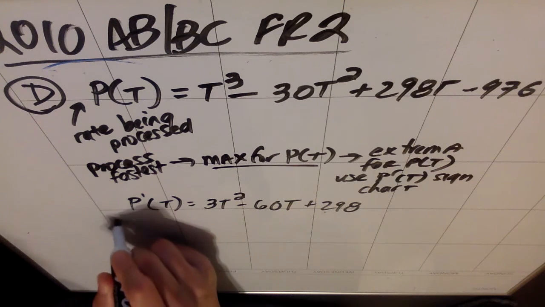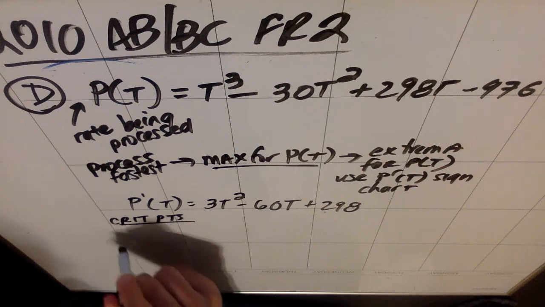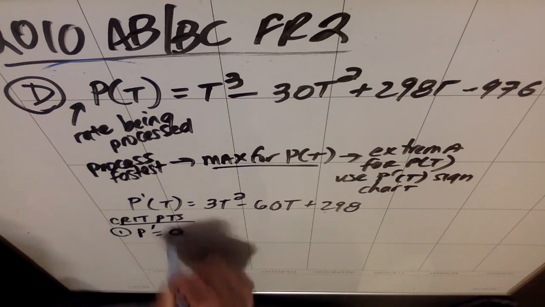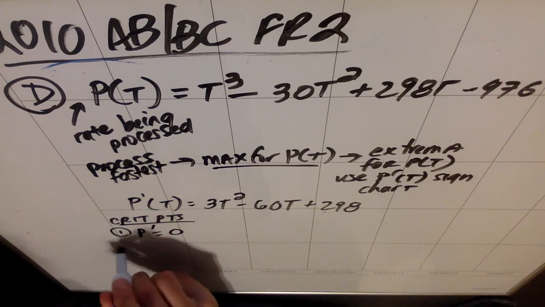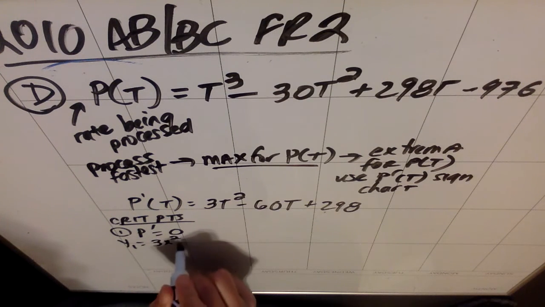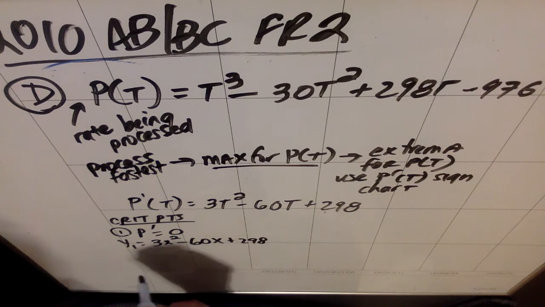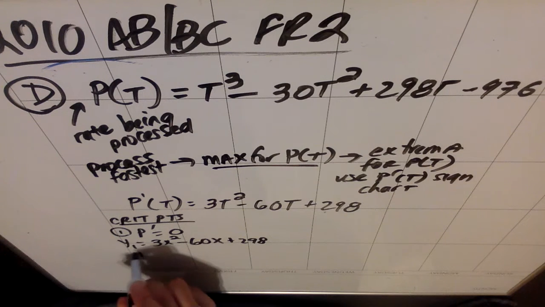So I know that there are certain kinds of critical points here, right? The critical points I have to worry about are, one, when P prime equals 0. Well, I can use my calculator to find that. So I'm going to change my y1 to P prime, 3x squared minus 60x plus 298, and I'm going to second calc zero. And when I do that, I'm going to get two zero values. I'm going to get T is approximately